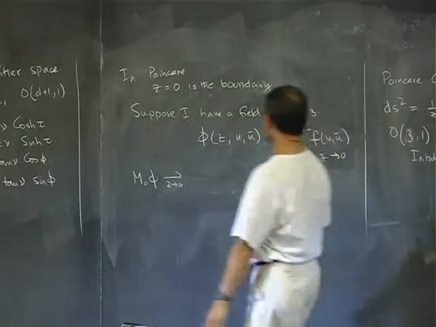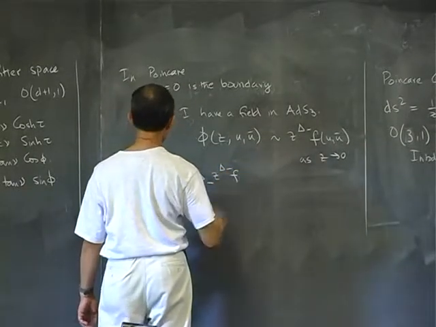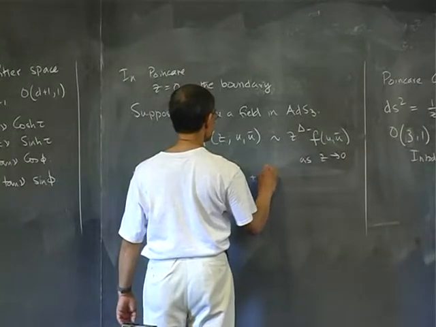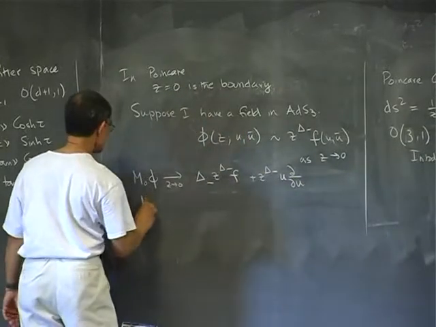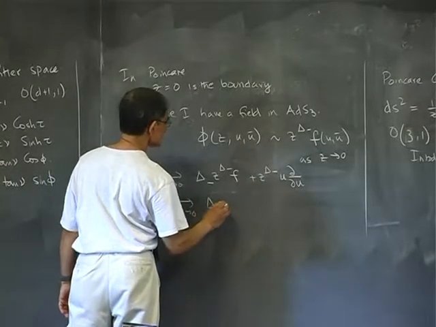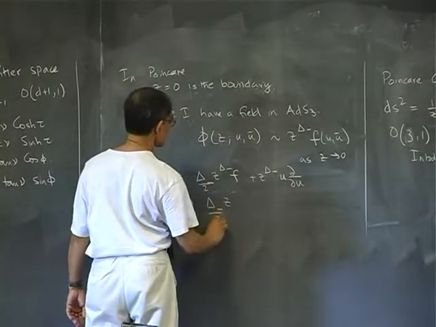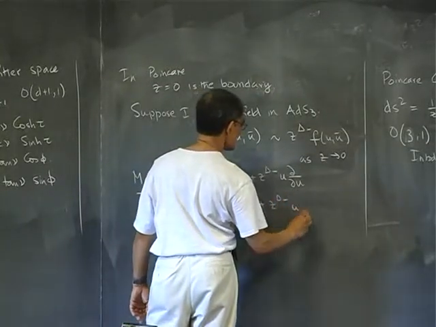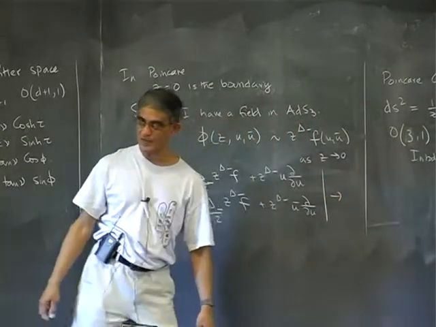So acting on this, this will just give delta minus times f, that's the first term, and the second term just remains the way it is, delta minus u del del u. And similarly M0 bar phi as z goes to 0 becomes delta minus by 2, because there is a factor of 2, z to the delta minus f plus z to the delta minus u bar del del u bar. So that means that the sum of M